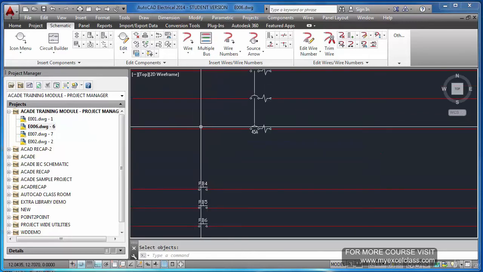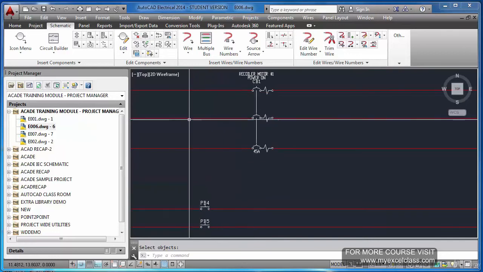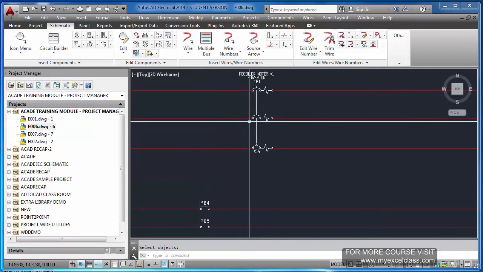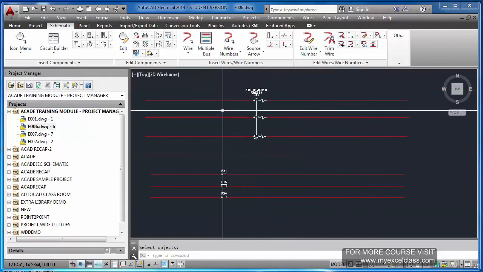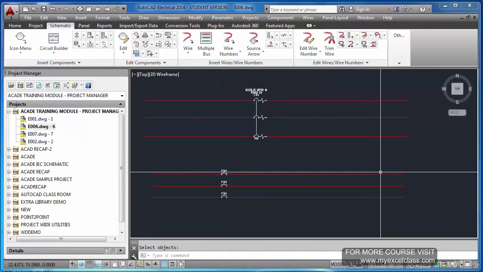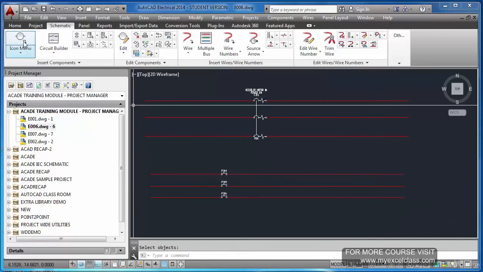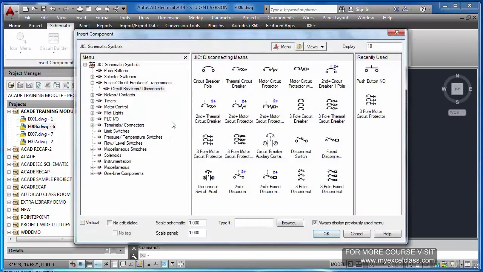Like even here, if I make a drawing, what I will do is I will try to align these also. All the switchgears I will try to put in one line. If I am using multiple relays, I will put the relays in one line. Let us try to put a relay now. Relays.